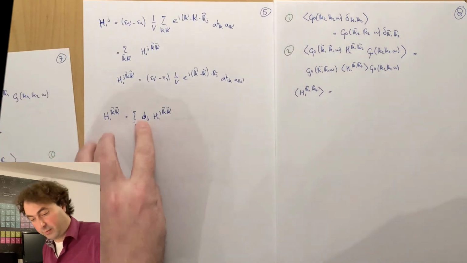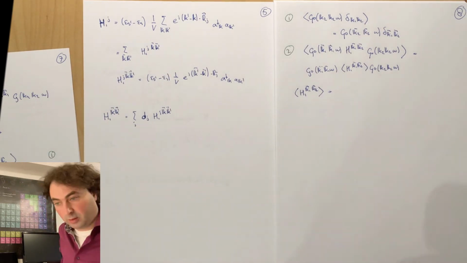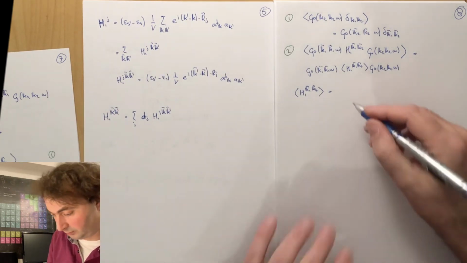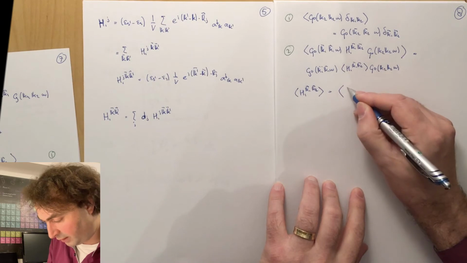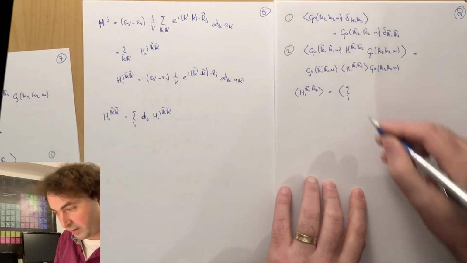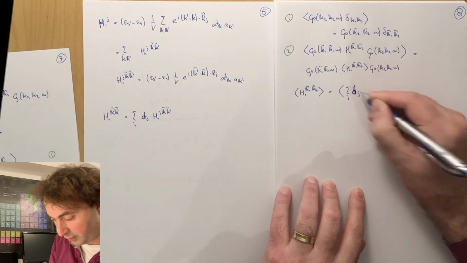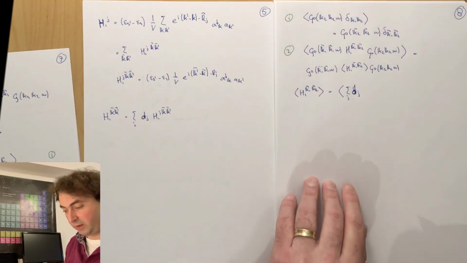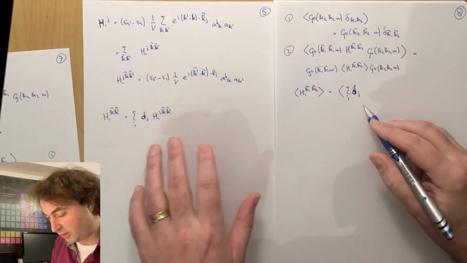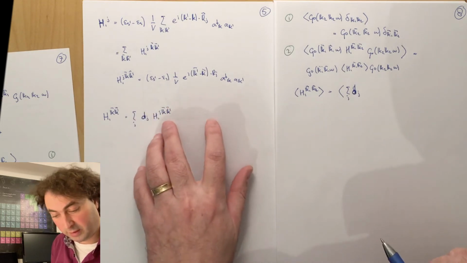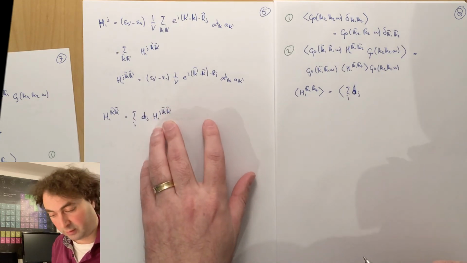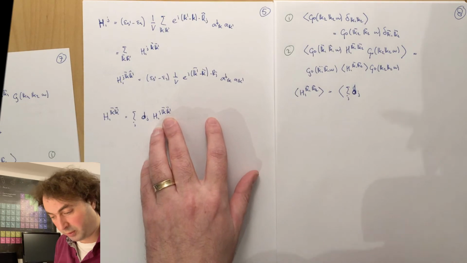There we have it, which is a sum over all sites. So it's the average of the sum over all sites times the distribution function, which is 1 or 0 depending on whether you have an impurity or not on site j with probability P, and then the Hamiltonian for a single impurity,